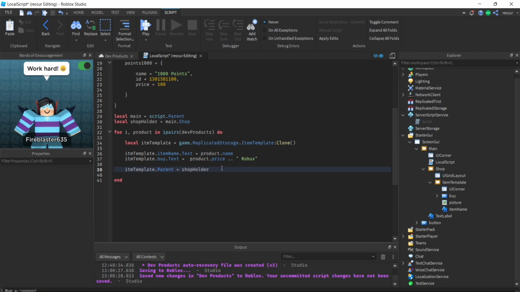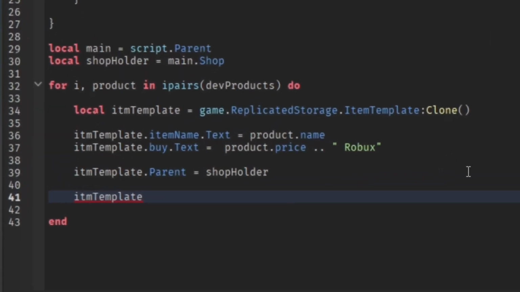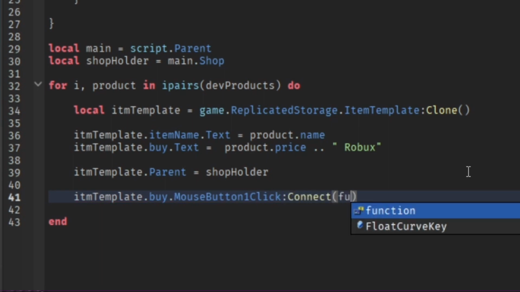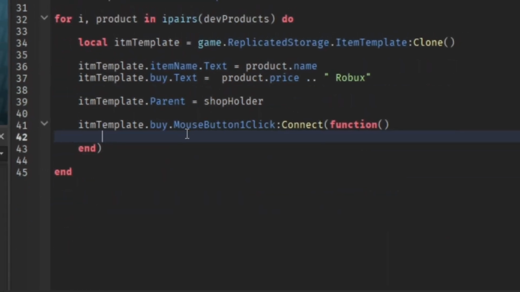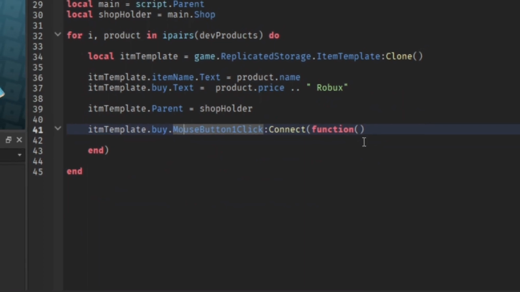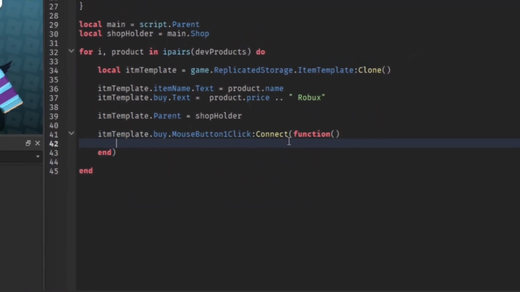Okay, so now we make a function for whenever the player buys the product. So item template.buy.MouseButton1Click. And it's weird because it doesn't autocomplete, so it is what it is. Okay, so item template.buy.MouseButton1Click. I think this is how you spell it. And then we're gonna fire